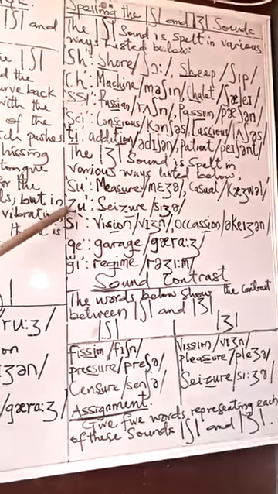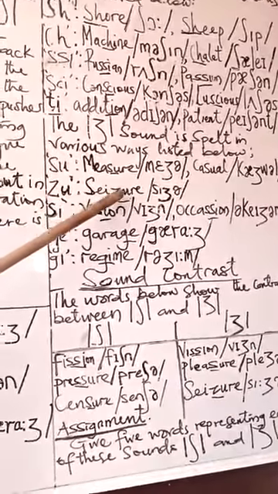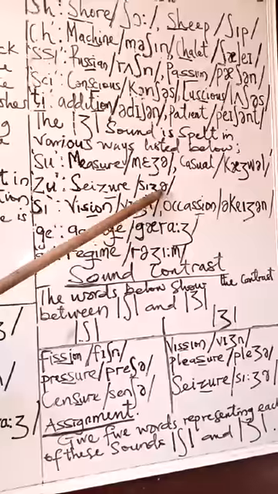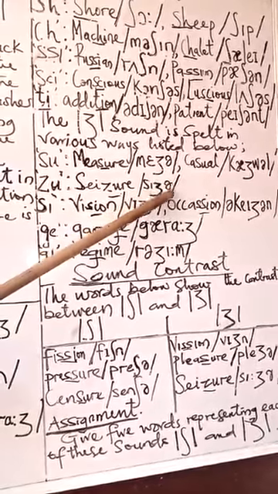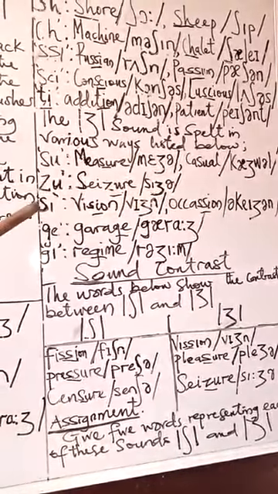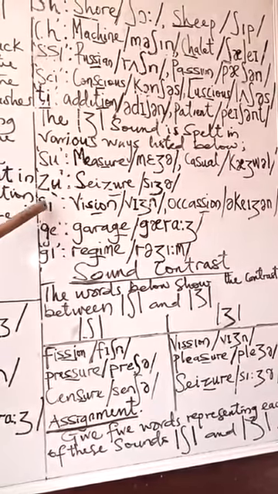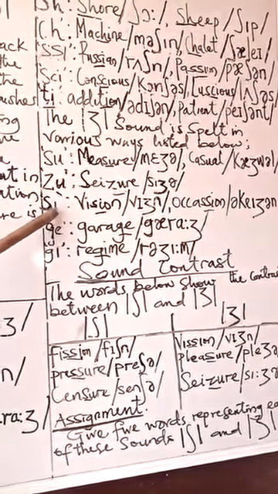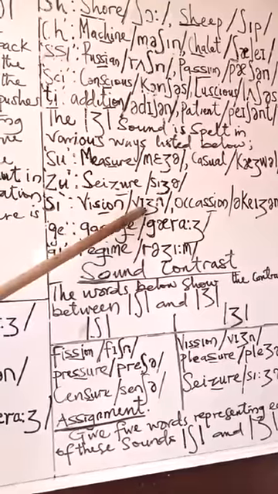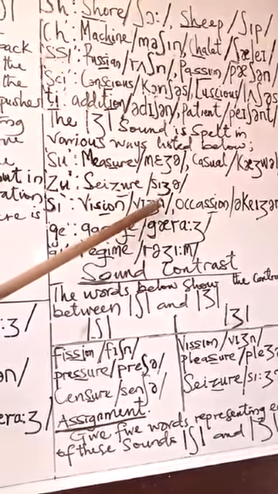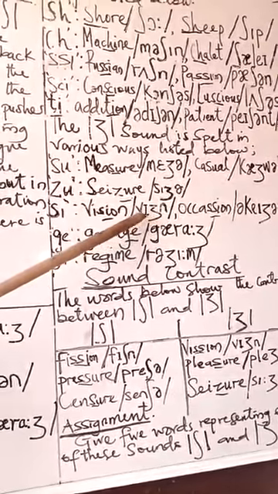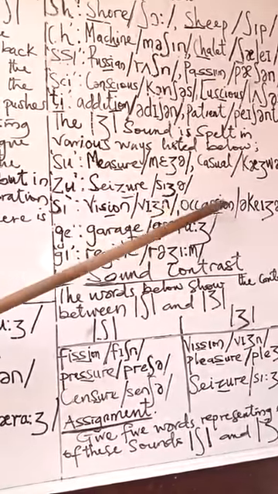Also, letters Z and U together can be pronounced as this consonant in seizure. Again, seizure. Now we move to letters S and I. When we combine letters S and I together, we pronounce it in vision. Vision. Again, vision. Let's take that again. Vision. Also pronounced in